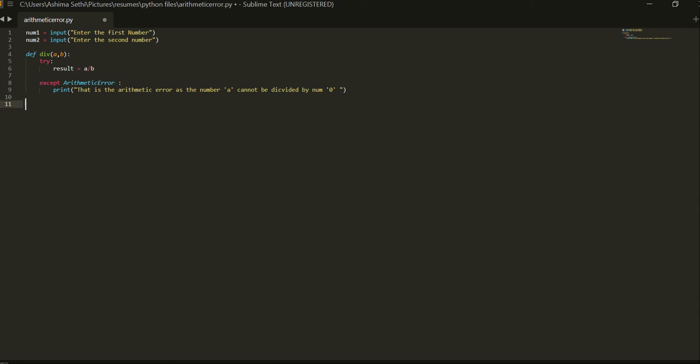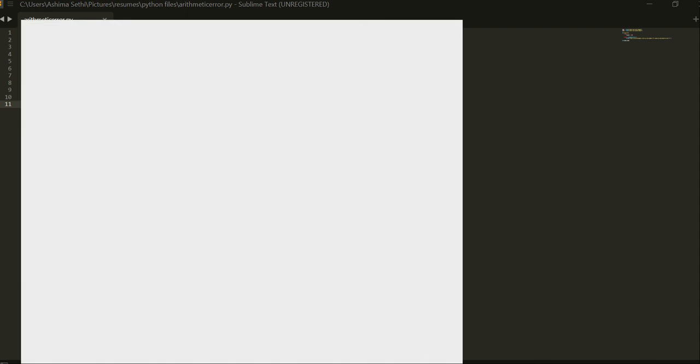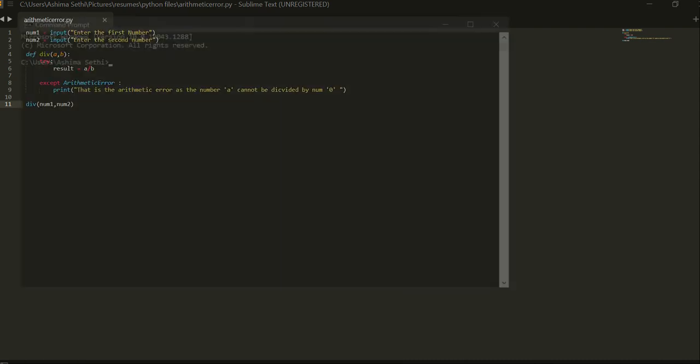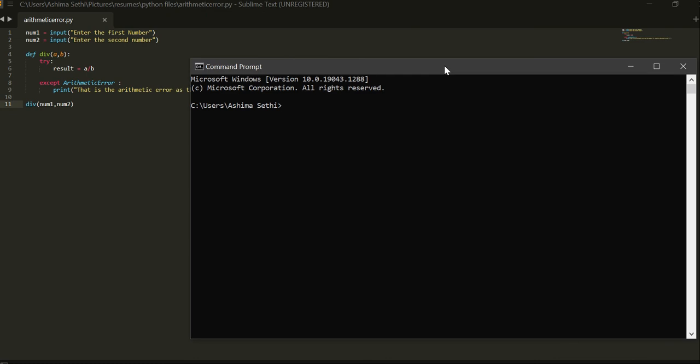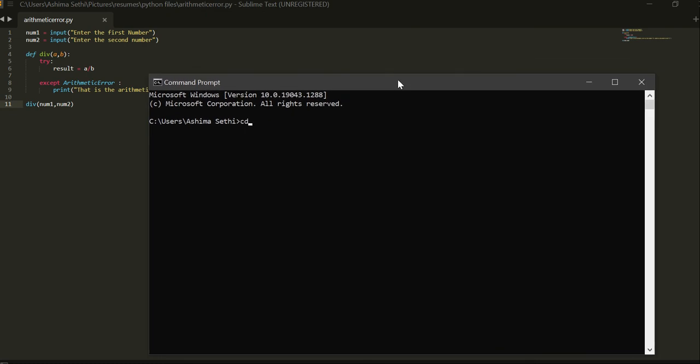Let us call this function. In Python, how do we call this function? By just giving div, and we will give number1 comma number2. Okay, Control S. Now the thing is that we cannot run it here in Sublime Text, so we need to open the CMD. First we will go to the CMD, then cd to whatever the path would be.